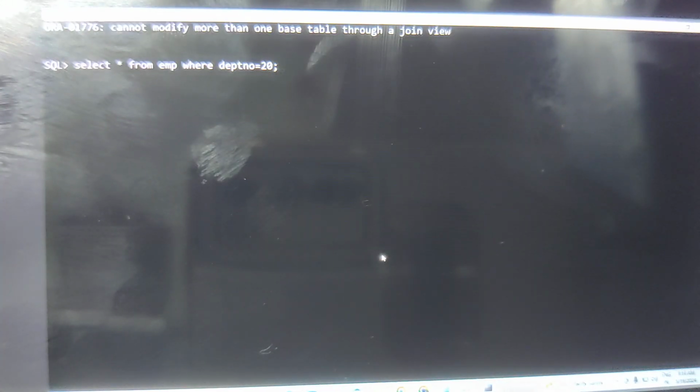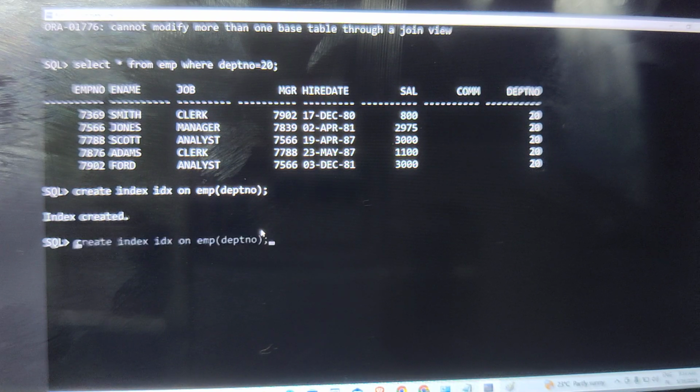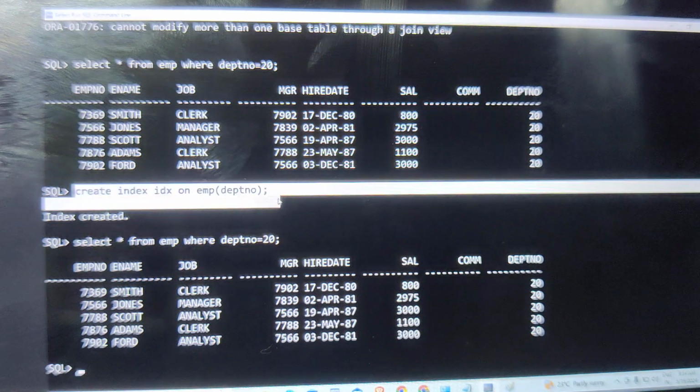Right now, how to create an index for a particular column, I'm sure we can understand. Assume this is getting output very fast, but I don't have that many crores of records. Only if it is crores or lakhs of records is it going to delay. In the where clause, whichever column is delaying, we need to create an index on it. You give the index name, the table, and the column, department number. That's all, this index has been created. After the index is created we get the same response, because we have only 14 records. But this is the concept of how to create an index.